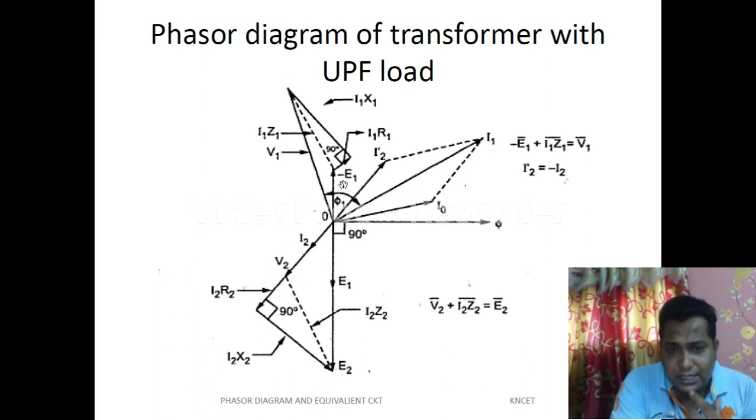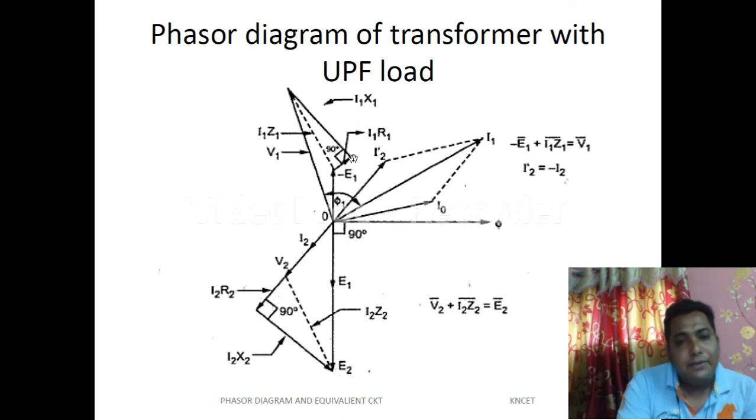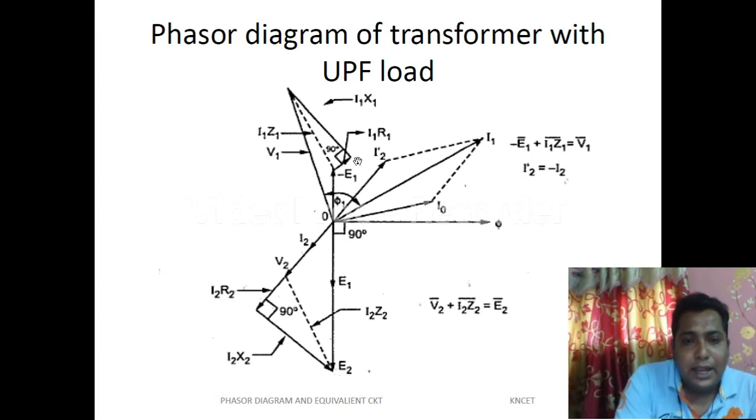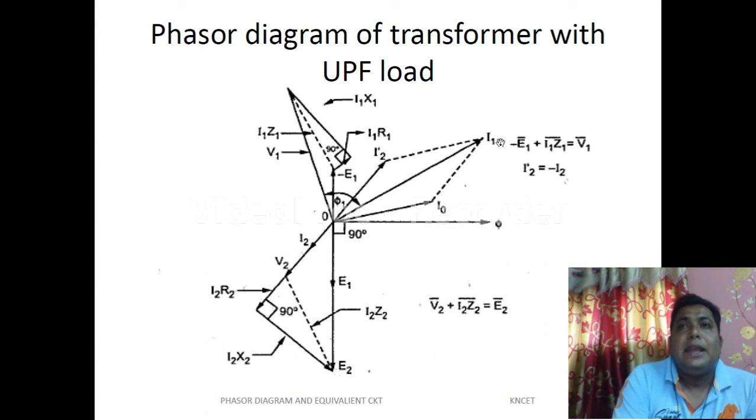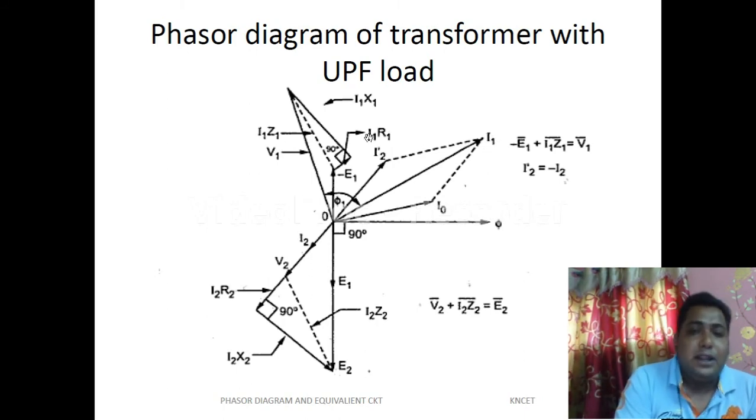So see here this component, follow my pointer, this is the R1 I1 R1 axis. Why have we drawn it like this? We have drawn it in parallel with this one, because this is a resistive component, and resistive voltage and current don't have any angle between them. But we cannot draw over this I1 axis, because it is a current and I1 R1 is the voltage.